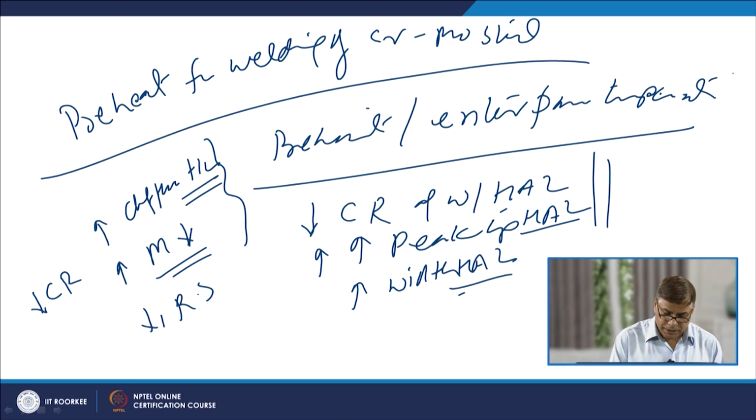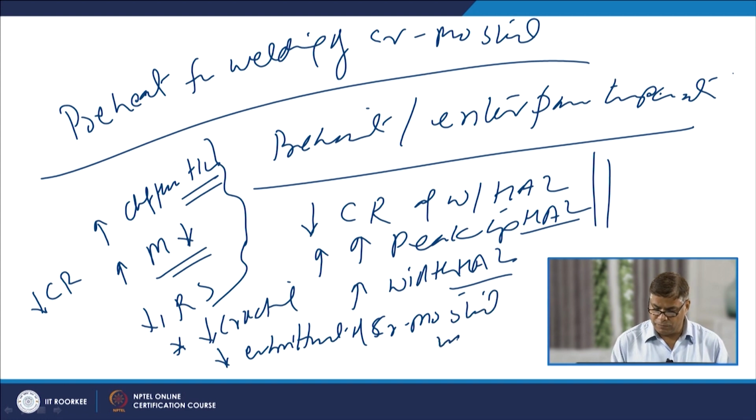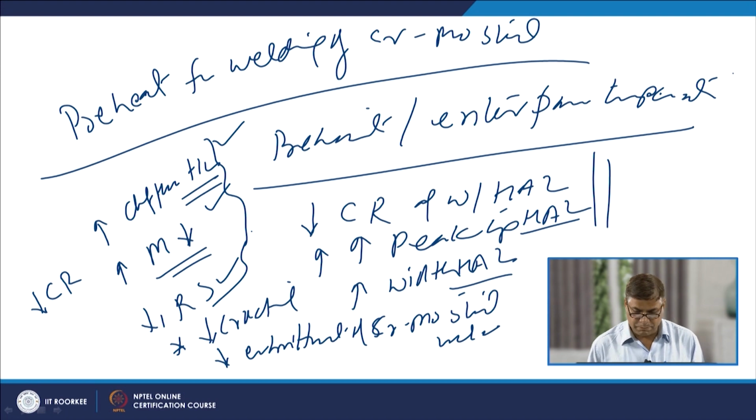So, these factors in combination help in reducing the cracking tendency, help in reducing the embrittlement of the chromium molybdenum steel weld joint. So, it is important to use the suitable preheat, so that the softer phases can be formed, hydrogen can diffuse out, and the low carbon martensite of the lower hardness is formed, residual stresses are relieved. So, these factors will be helping to reduce the embrittlement of the weld as well as heat affected zone, as well as it will also be reducing the hydrogen induced cracking tendency.